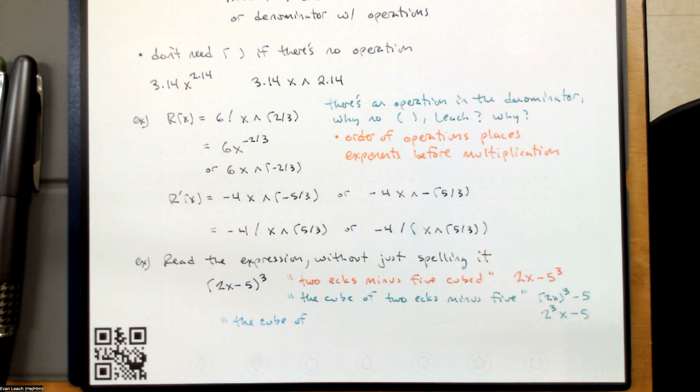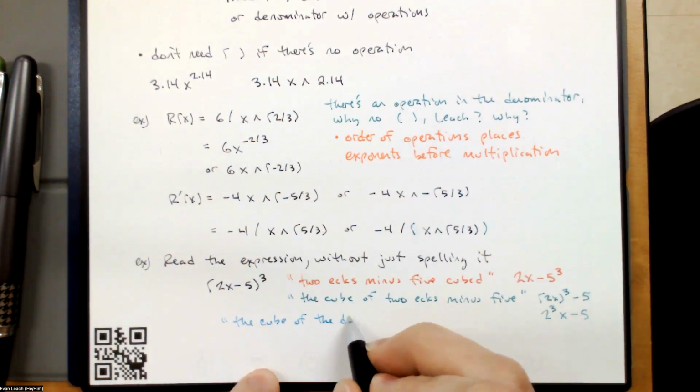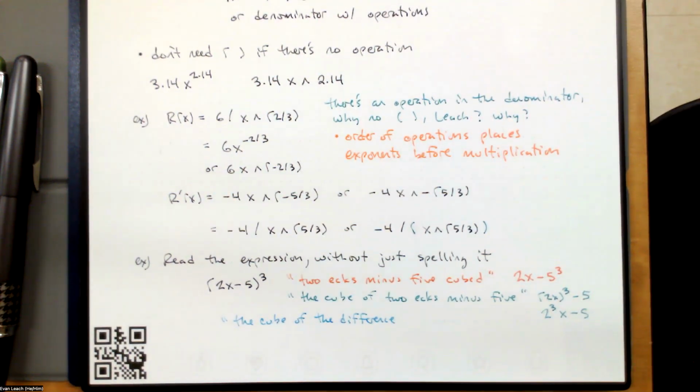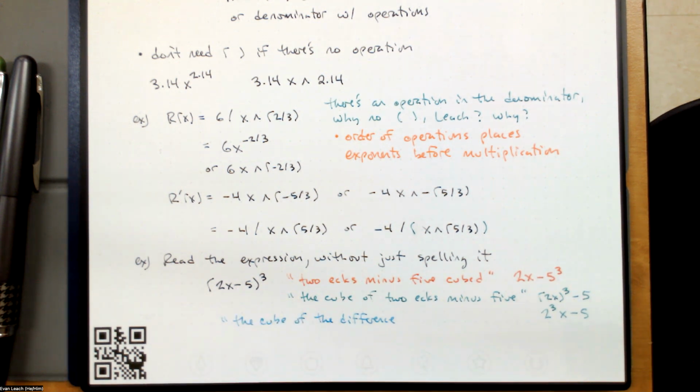The problem is this is the cube of, and then we want stuff going on inside, right? It's the cube of a group of things. It's the cube of the difference. By saying the cube of the difference, I'm saying something minus something, all that to the third power. We have to name that quantity rather than just say generically quantity. So the cube of the difference